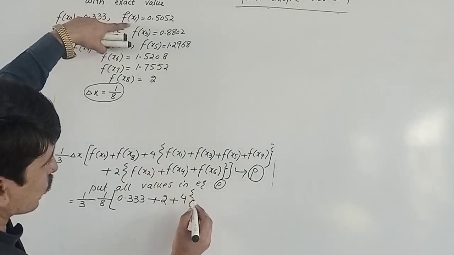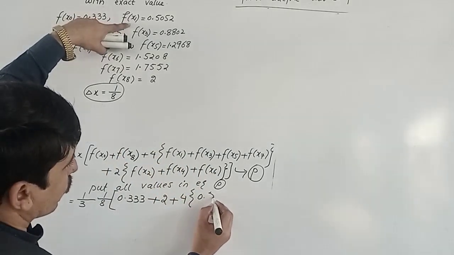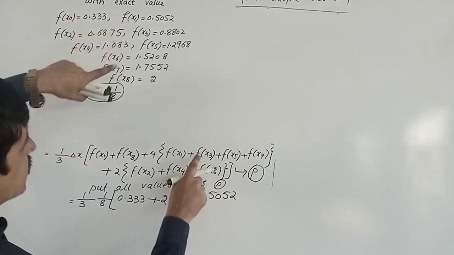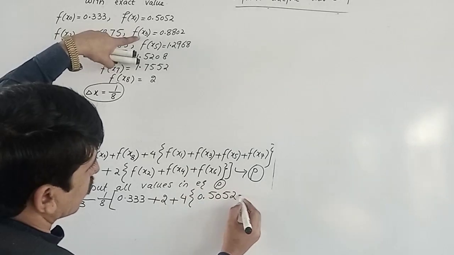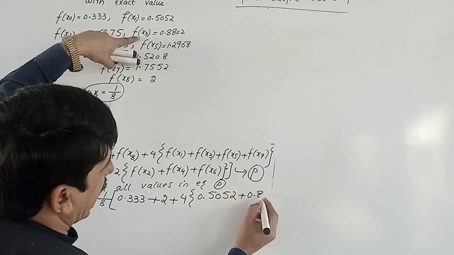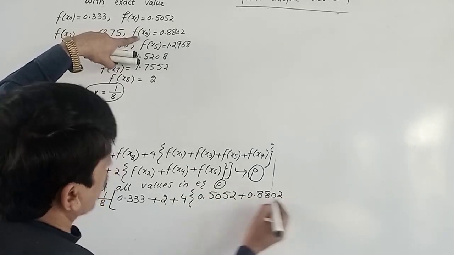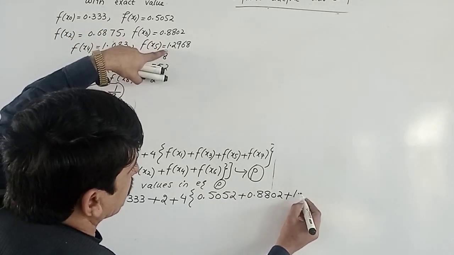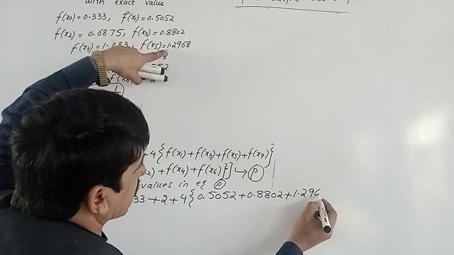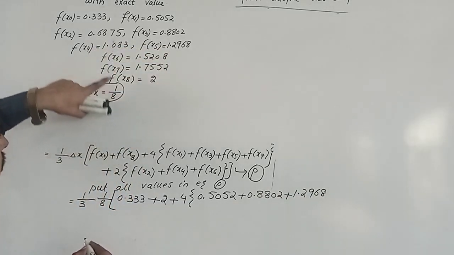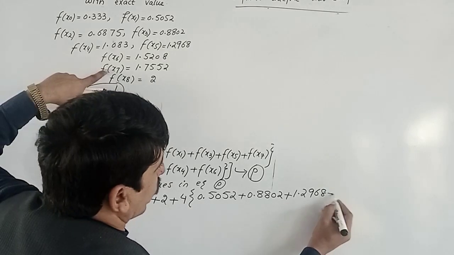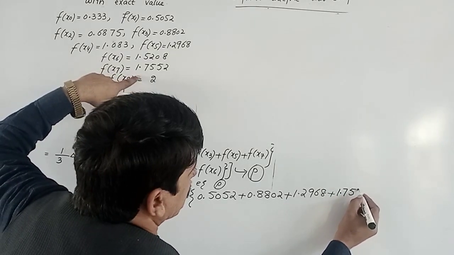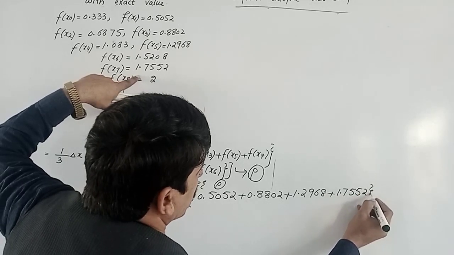f of x1 is 0.5052, plus f of x3 which is 0.8802, plus f of x5 which is 1.2968, plus f of x7 which is 1.7552, plus 2 times